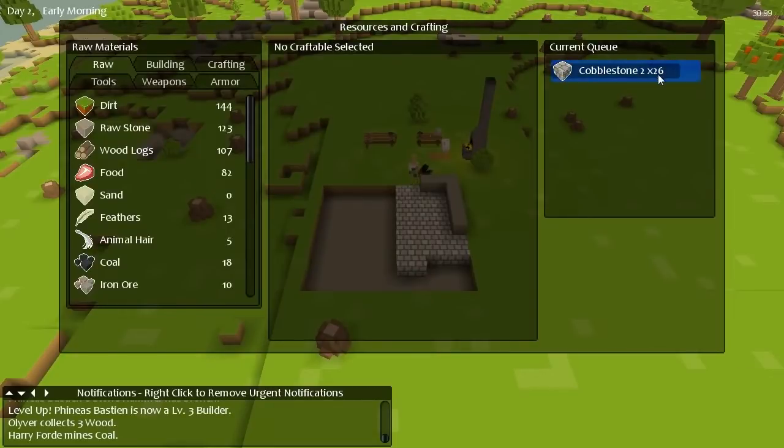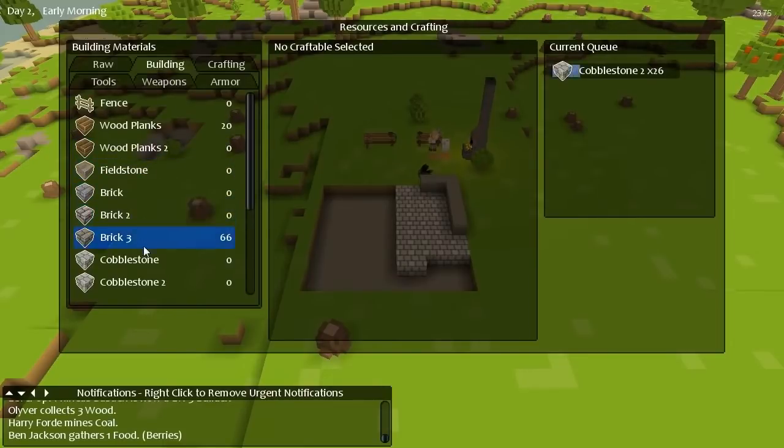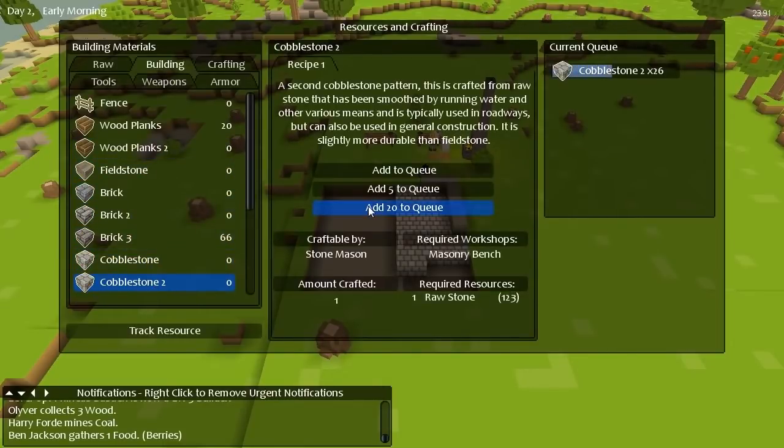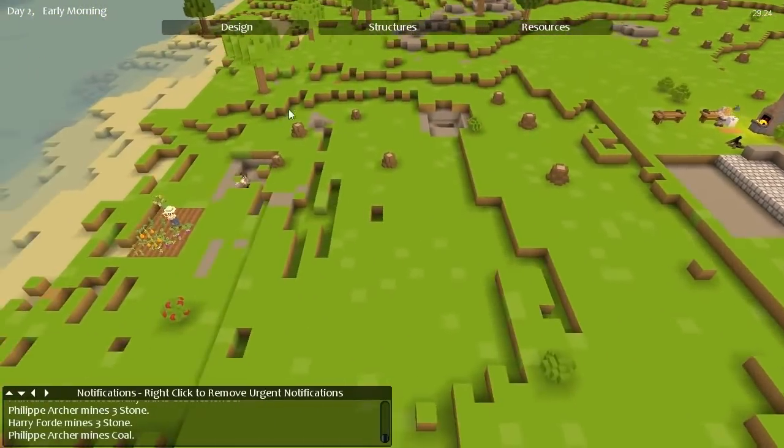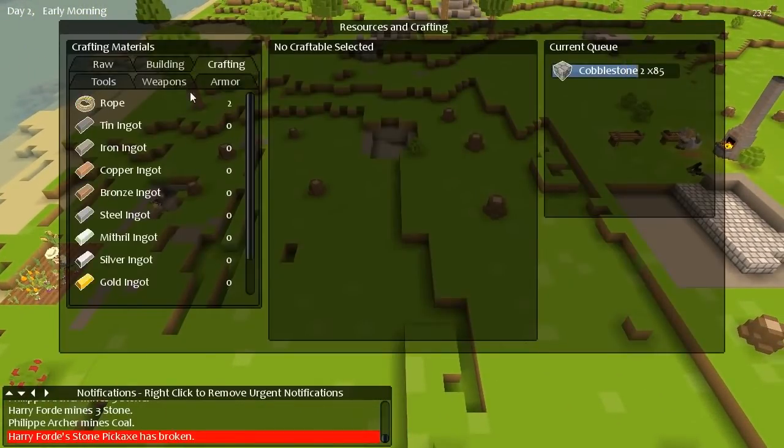Go and, oh, did I not stop him earlier? That's what I did. That was my own fault. So to make lots more cobblestone, let's go for 86, which means we need 86 actual stone, which we have loads of, so that's fine. We've plenty of stone. Do we have any...